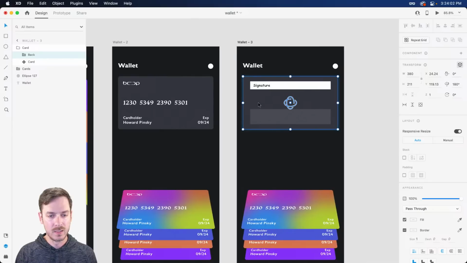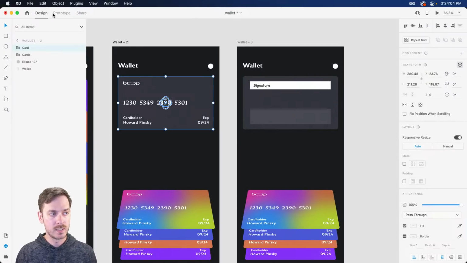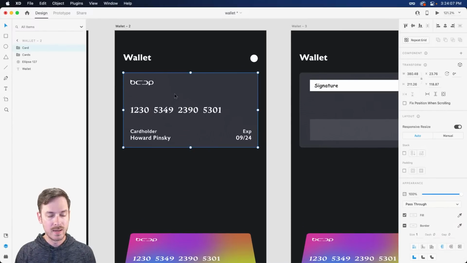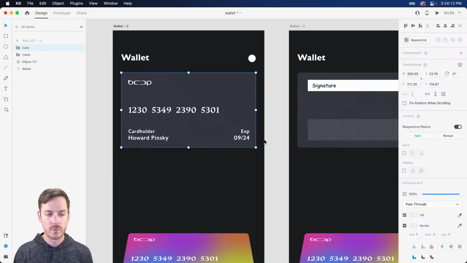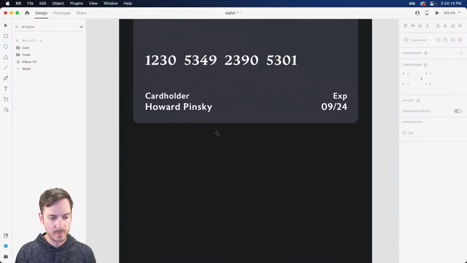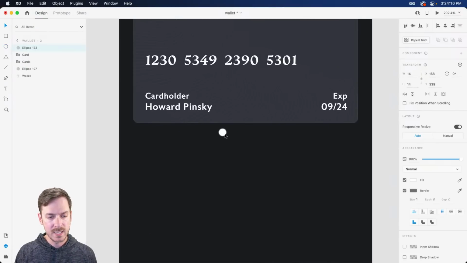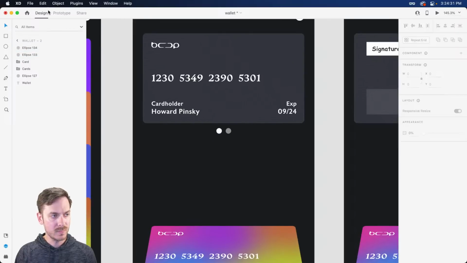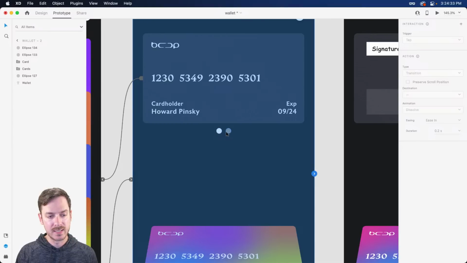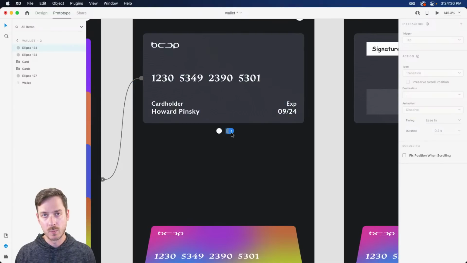Just like that, right? So at this point, we want to be able to tap on this card here, and then it's going to reverse to this screen here, or flip the card over. You can also possibly, down here at the bottom, maybe this will be the front of the card. You can have a sort of call to action down here, and this will be the back. These are terrible, absolutely terrible icons. So now in prototype mode, you can grab this button right here, or icon, or whatever it ends up being over there,